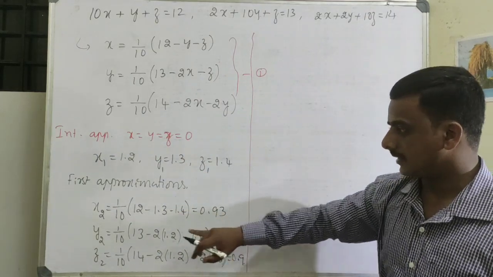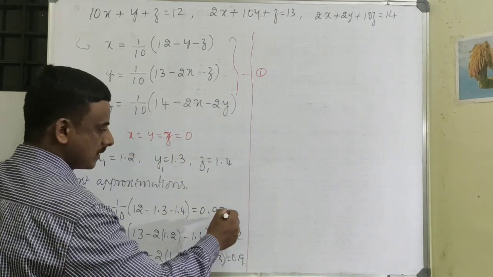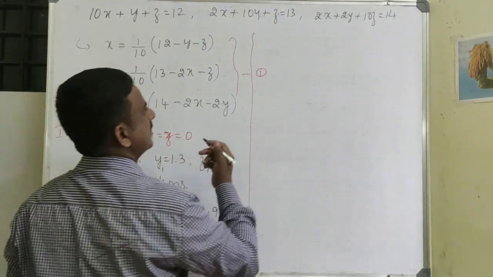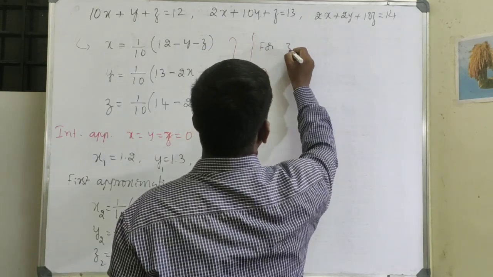x2 0.93, y2 0.92 and z2 0.9, these are called second approximations. Next, third approximation. For third approximations